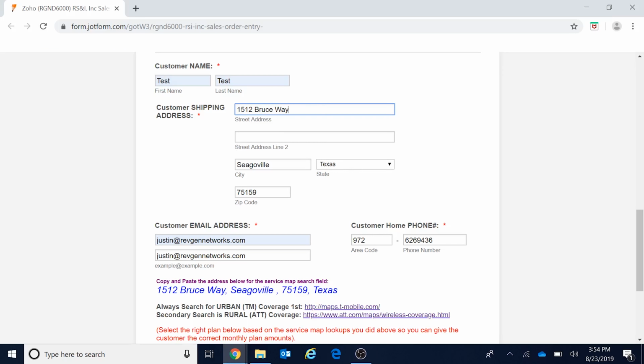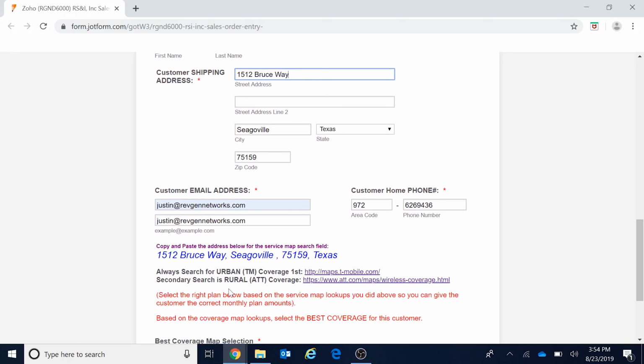you can see that it's filling in this little blue text down here. What you're going to do with that blue text is drag over it, highlight it, and copy it, and this is how you get into the maps and find out which coverage is going to be best for your customer. Now, we always search urban first, being that urban is the best value, lowest cost product. So we will load this map up right here